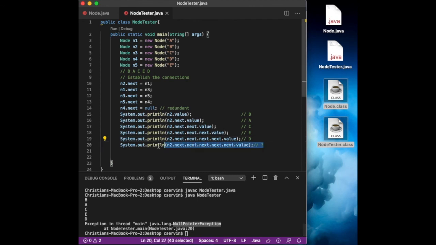This is a typical mistake. And this is a typical mistake that you're going to have for the rest of your life if you don't have control of who is pointing to the null. Node is only one of the very first objects that we're going to discuss that deals with null. But eventually you're going to talk about more and more objects that deal with the null value. So this is something that you need to be careful about. We're going to continue discussing this more in detail in the next